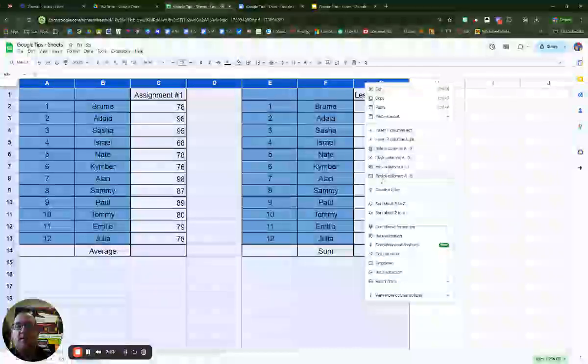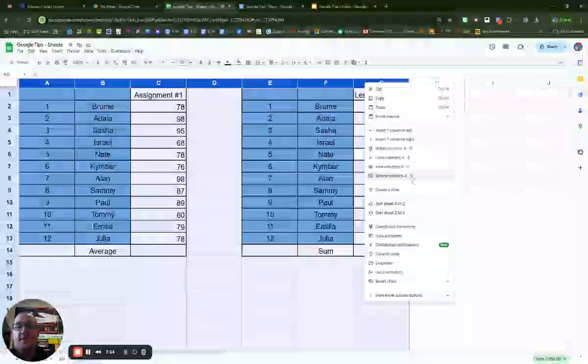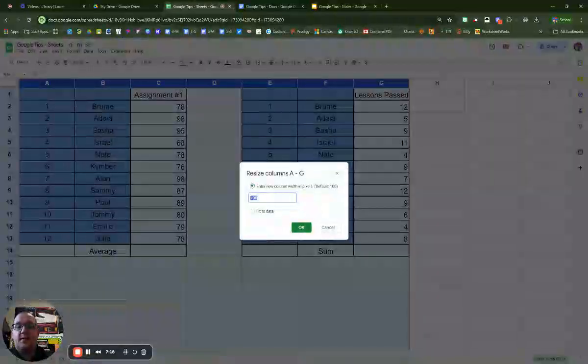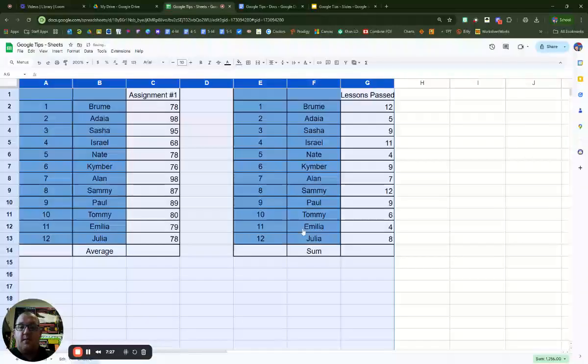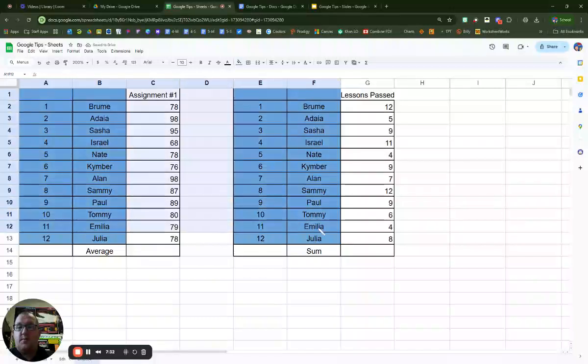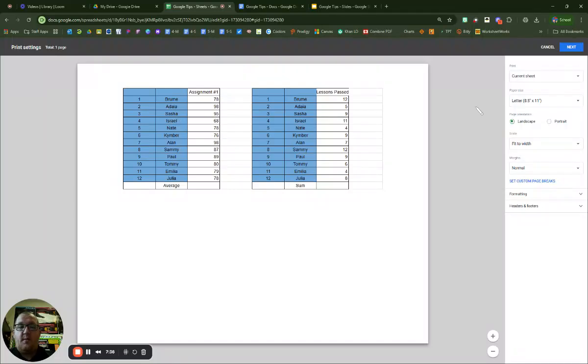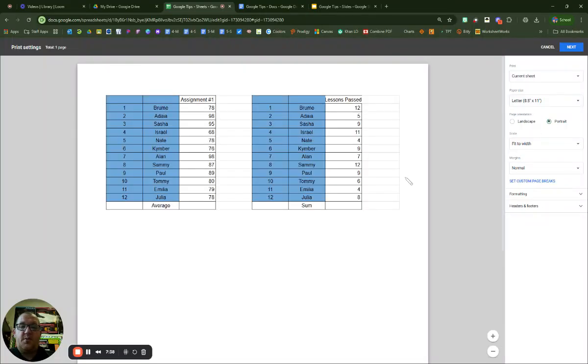See, it says resize columns A through G, and I'm going to click on that. It's set at default 100. Well, I'm going to change that to 96. You can see that it prompted 96 because I use it a lot. I'm going to click OK. And whenever you come to the print part, let me switch it to portrait. It fits perfectly in here. Each of these columns turns out to be 1 inch perfectly,